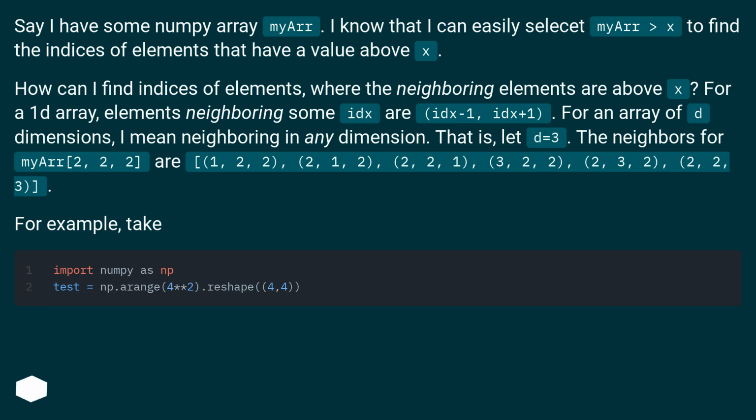For a 1D array, elements neighboring some index i are i-1 and i+1. For an array of d dimensions, I mean neighboring in any dimension. That is, let d equal 3. The neighbors for arr[2, 2, 2] are [1, 2, 2], [2, 1, 2], [2, 2, 1], [3, 2, 2], [2, 3, 2], [2, 2, 3]. For example, take